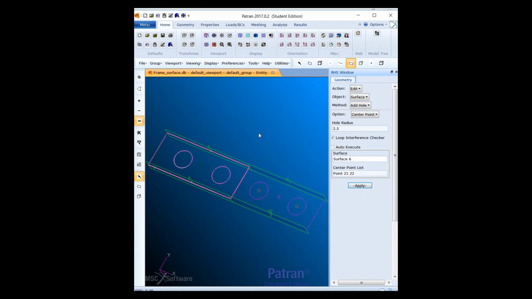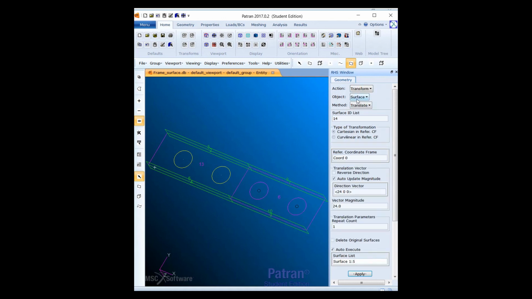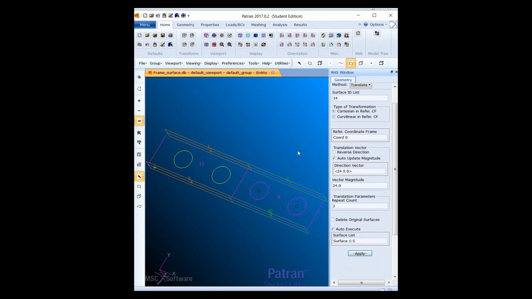Now we're gonna transform our surface, and the translation vector is gonna be 2400, and in repeat count we're gonna add number 2, and we're gonna check the auto execute, and we're gonna select using square portion, this. So now we have this